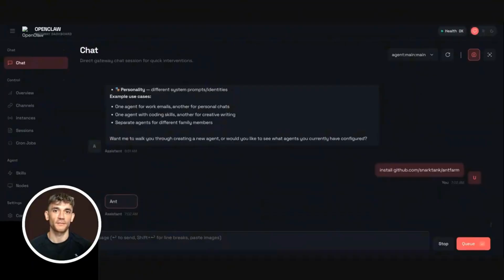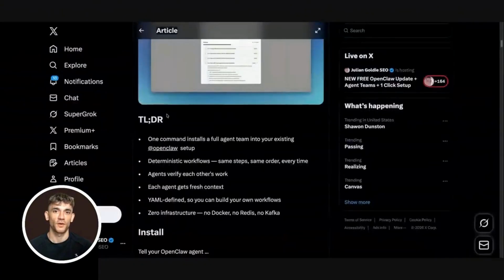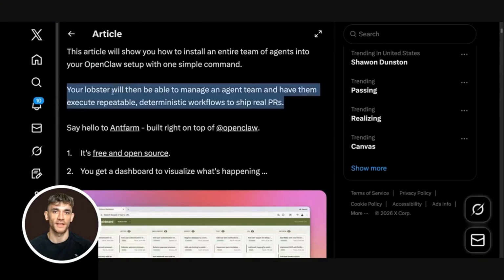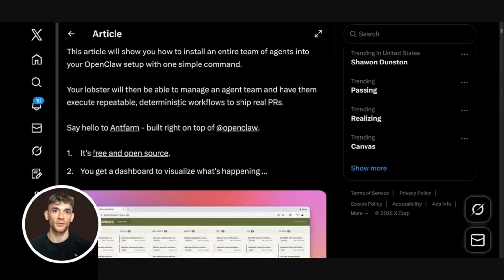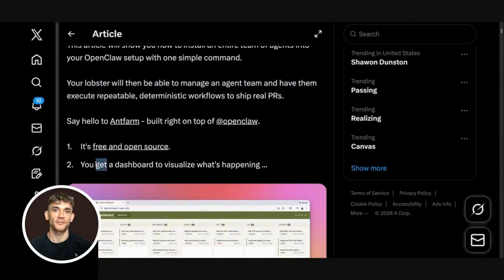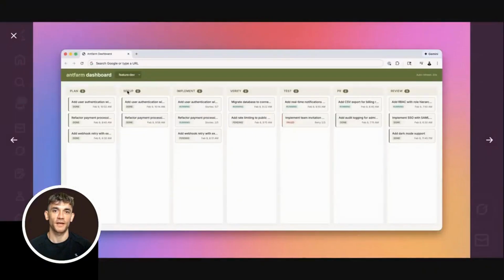Now the setup, agent teams is still experimental, and to use it with OpenClaw right now, you need to be on the dev channel. Specifically version 2026.2.4 or newer. If you're on the stable channel, you run one command, OpenClaw update --channel dev, that switches you to dev and builds the latest version. You can check your version by running OpenClaw update status. Once you're on dev,